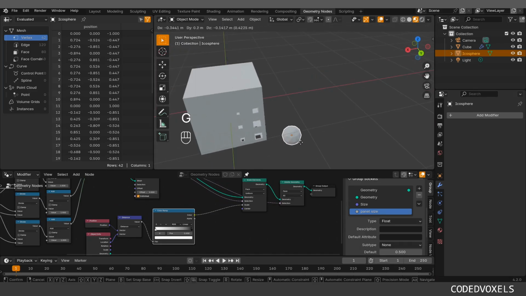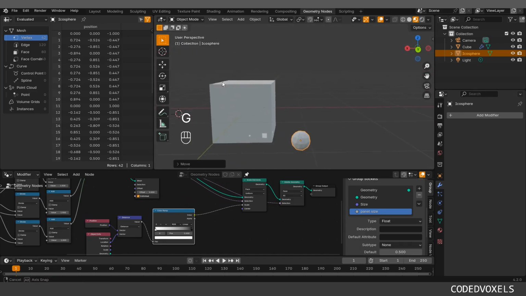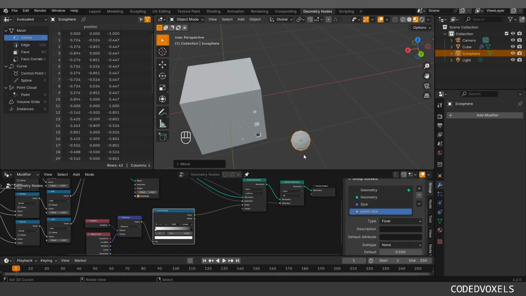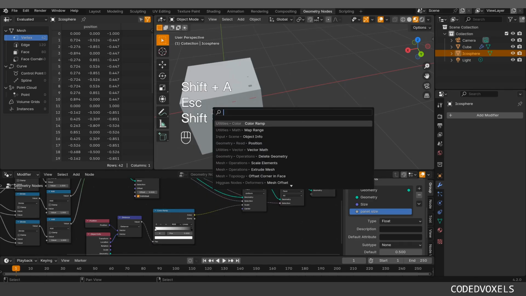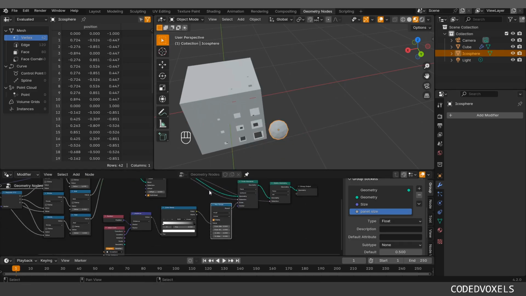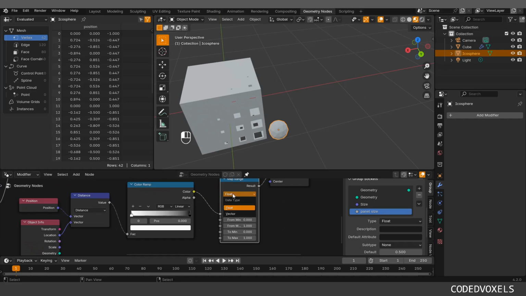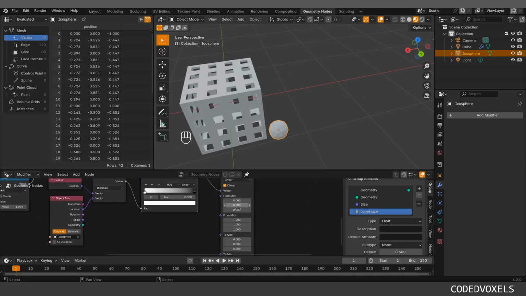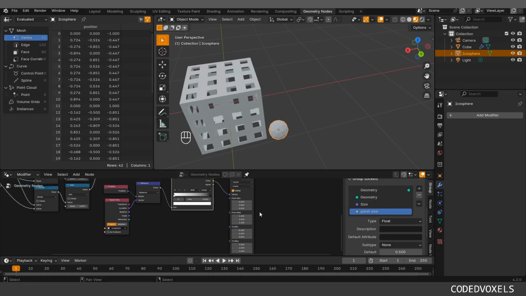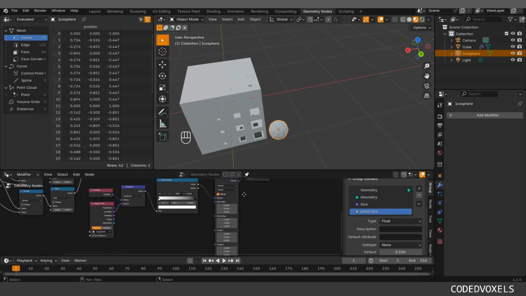So we have it clamped now, and now what we want to have is to guarantee, for example, that we get a small perforation on every face. If that's what we want, we can add a little bit more control. So we can do a map range, put it here, and then vector, color to vector, from 0 to 1, that looks good,